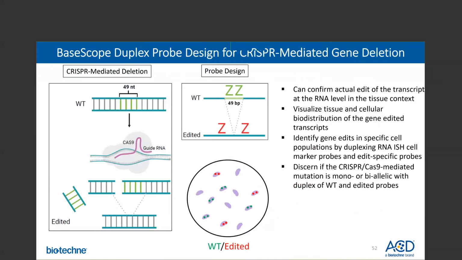Now we are going to look at an example of how the BaseScope Duplex assay was used to visualize CRISPR-mediated gene deletion. Using a probe design strategy, we were able to design a probe specifically for the wild type transcript of a particular gene and then a specific probe to the edited version of that transcript. And using two different probes and the BaseScope Duplex assay, we were able to visualize both the wild type and the edited version of the transcript in our target tissue. Moving on to the next slide,